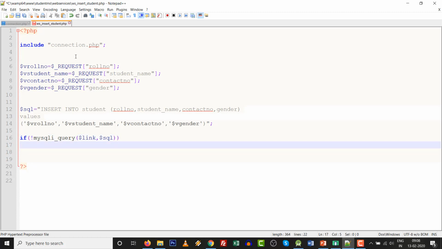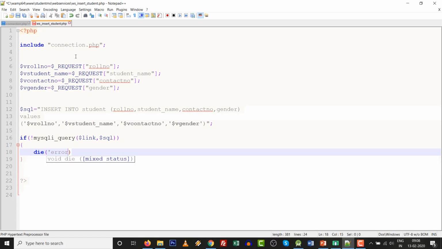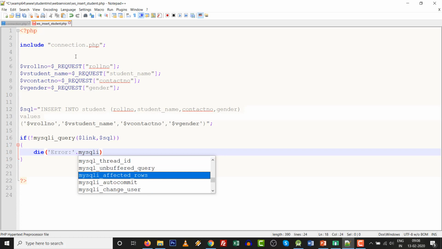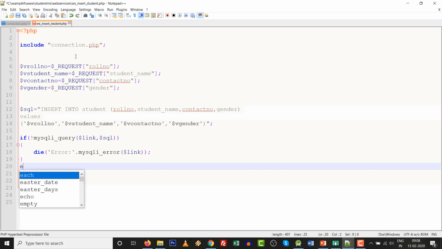Then if there is any doubt, just press error. What error message you want to type, concat with dot mysqli_error. What is the problem in $link? It will give us that. So press semicolon over here, and else